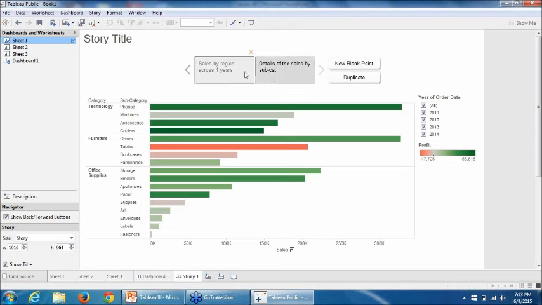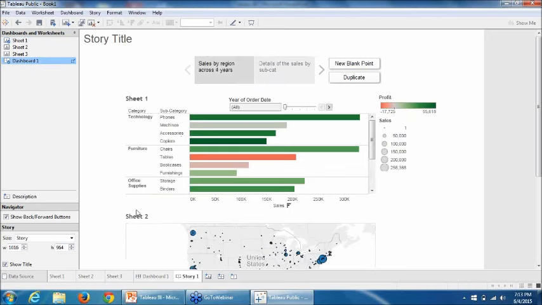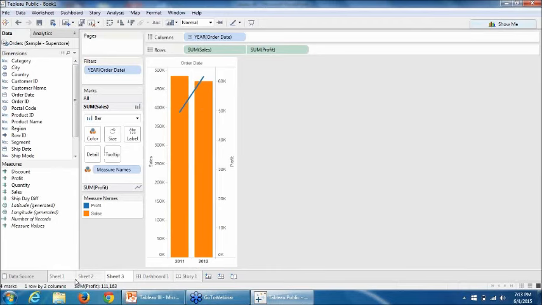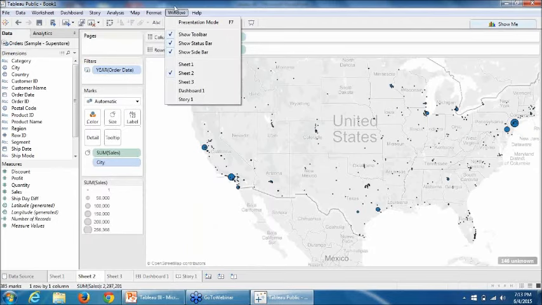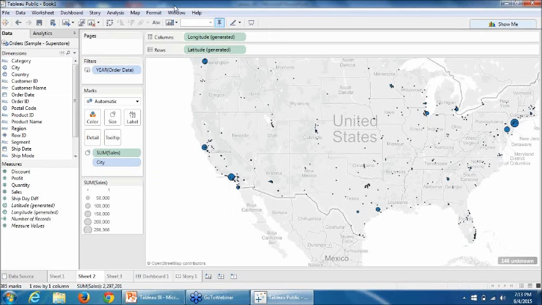Now, once we create these views, dashboards, stories, and simple reports, simple visualizations on Tableau, we can publish them using Tableau Server or Tableau Online. So, based on the different authority and security in your organization, people will be able to view the dashboards or the sheets shared with them. All right, so those are the few basics.